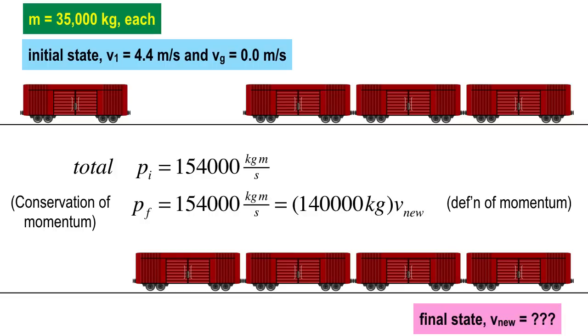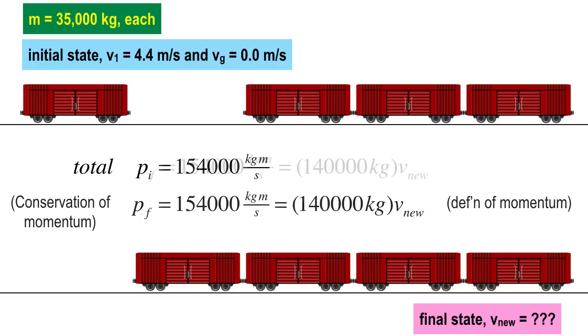So this thing is like one big mass, because they're all connected, fairly rigid connection. And they're moving at a certain speed off to the right. And V subscript new, the new speed to the right, that's what we're going to figure out. You can look at it. Can you see it there? It's the only unknown now in this equation. So we've used conservation of momentum to get the left side and definition of momentum to get the right side. And now we're solving for V subscript new.